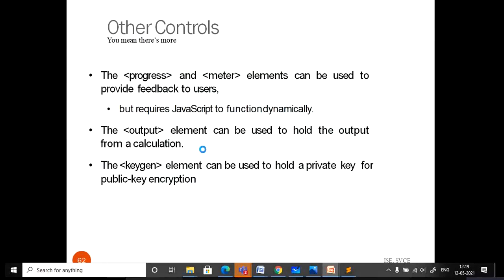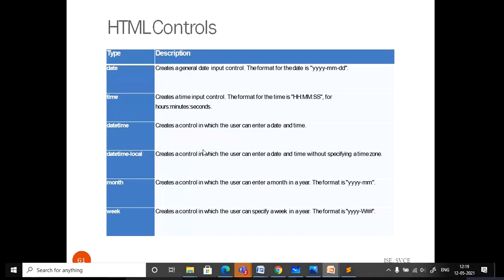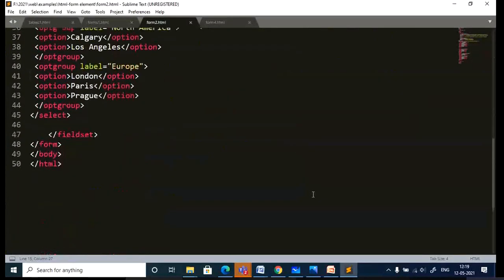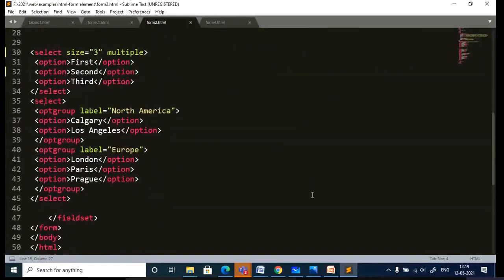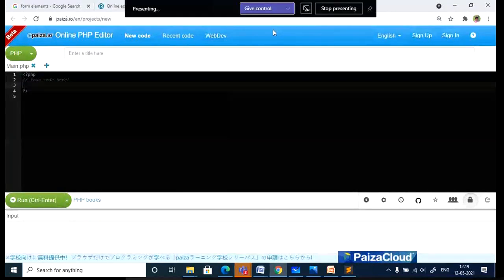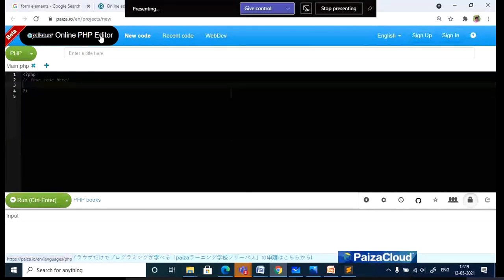So let me just stop here and go to the browser. See, editor, there are so many editors. If you are comfortable in online editor, you can just go with it. But here there is no HTML editor, only PHP editor is available.